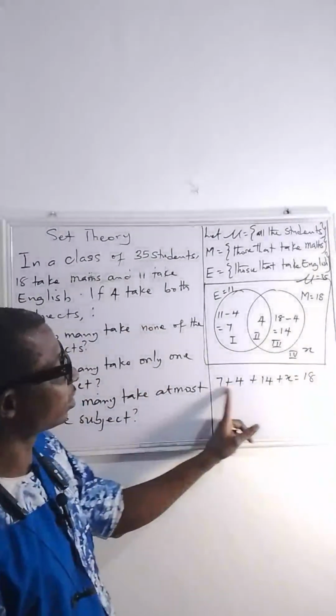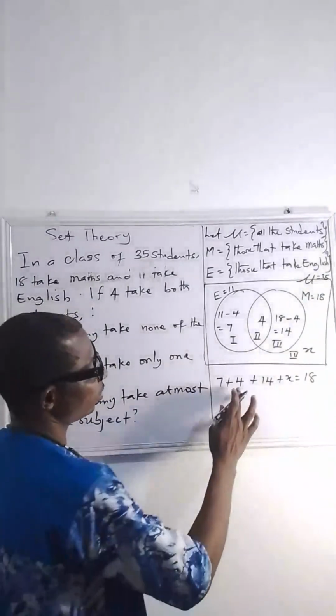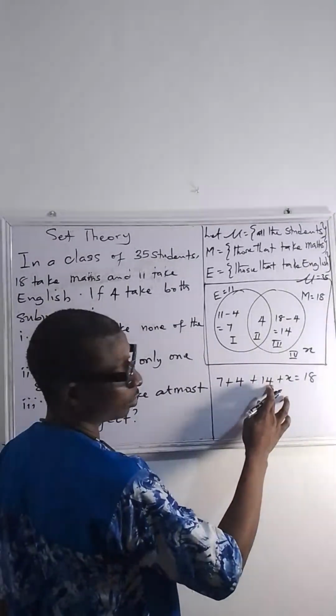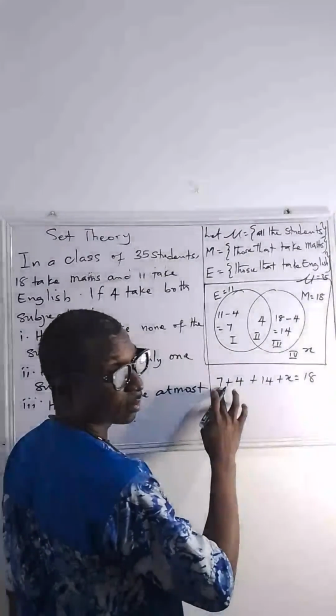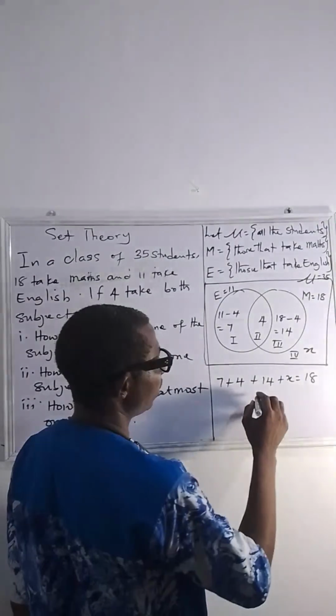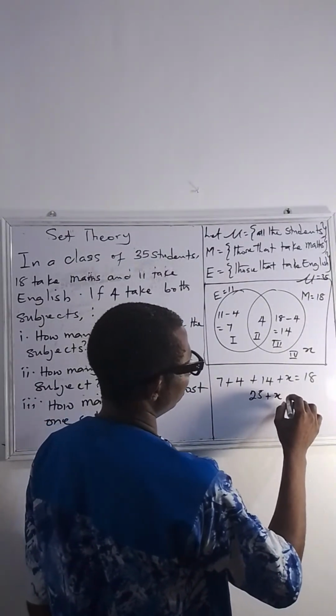So you can add these numbers together. So when you add 4 and 14 together, you have 18. So when you add 18 and 7 together, you have 25. Okay, you have 25 plus x,